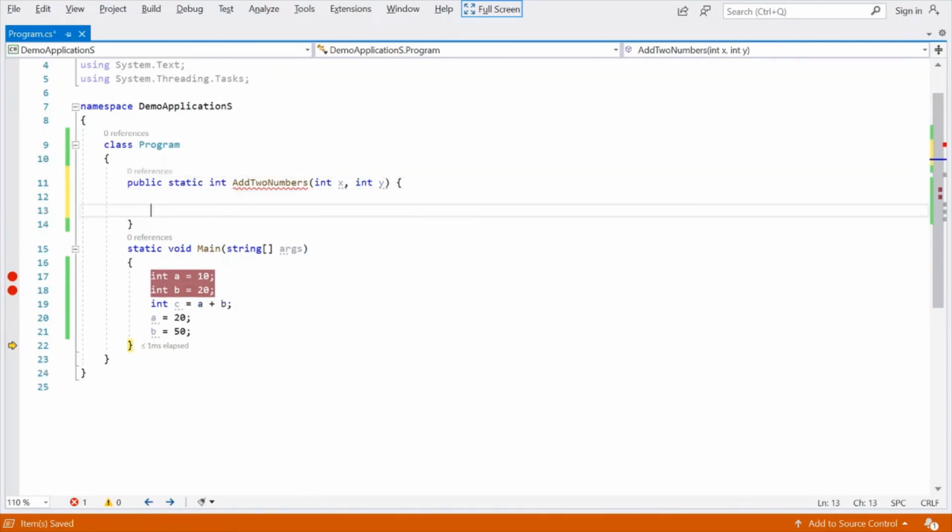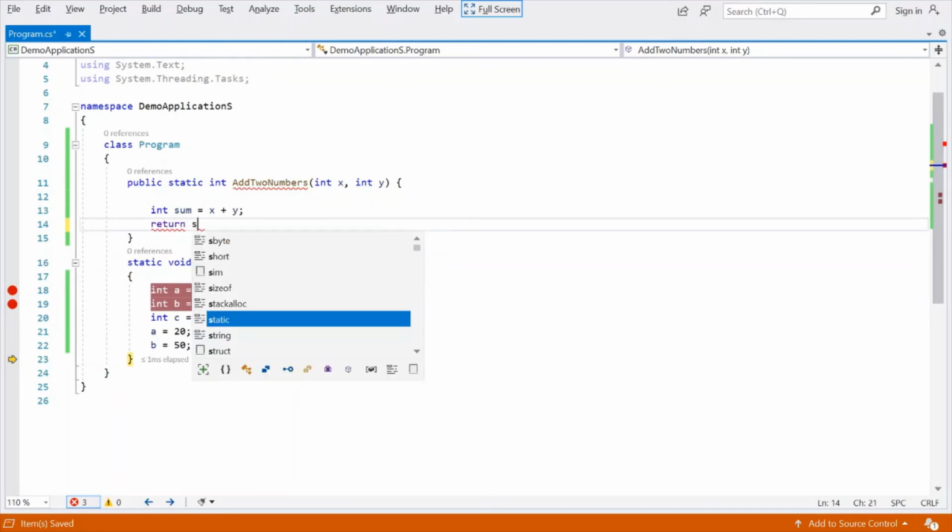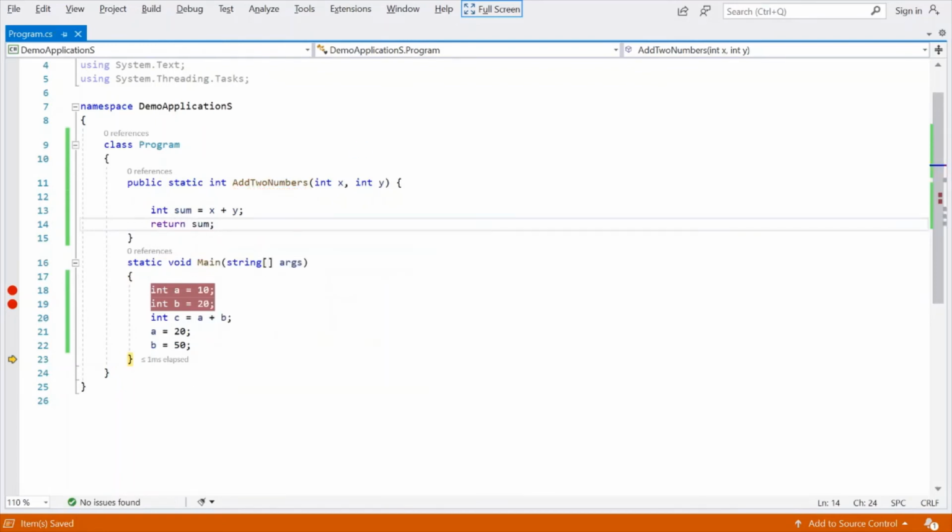Okay, and we will just use integer sum is equal to x plus y. We will return sum from here, return sum. So we will put breakpoints here, line number 13 and line number 14.